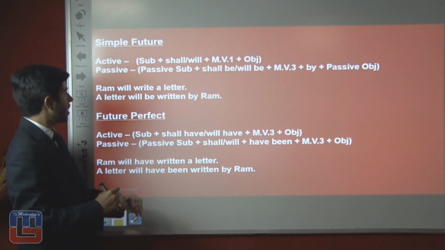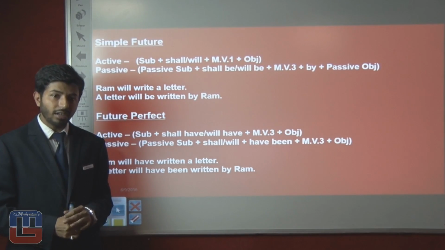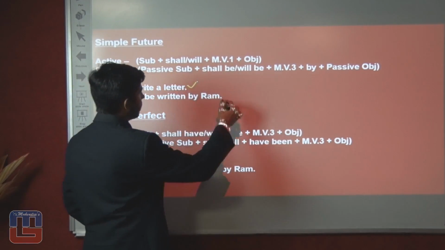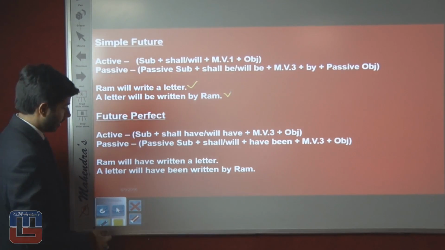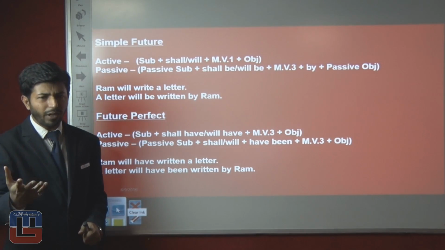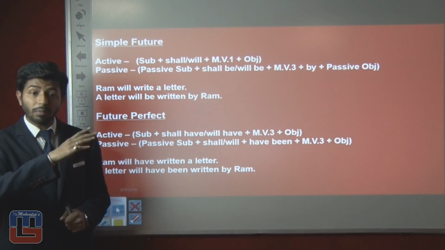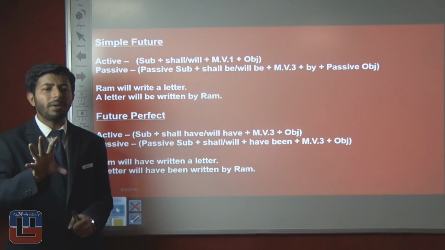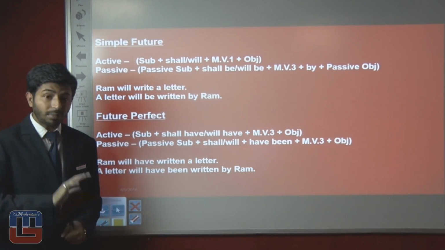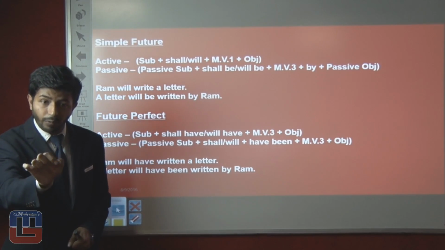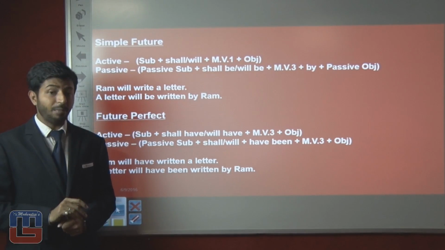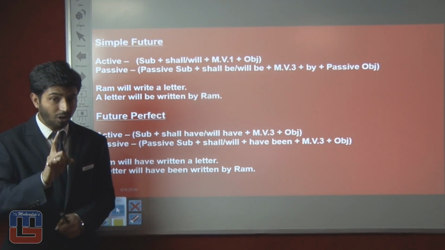So the example says: Ram will write a letter. A letter will be written by Ram. This is the active structure, and this is the structure of passive voice. Now the next is future perfect. As we have already learned perfect tense, now we are talking about the future perfect. So there is a difference only on the basis of the helping verb. The active voice sentence is subject plus shall have or will have. Shall have or will have is used as a helping verb, plus main verb third form plus